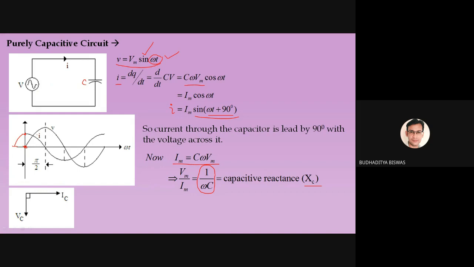So in the exam time, how to remember this one? This is the phasor diagram of a pure capacitive circuit, the last figure. If we take the current as our reference axis, and take the current through the capacitor as reference, then is the voltage leading or lagging? The voltage is lagging by an angle of 90 degrees. And if we take the voltage across the capacitor as the reference axis, then the current is leading the voltage by 90 degrees.